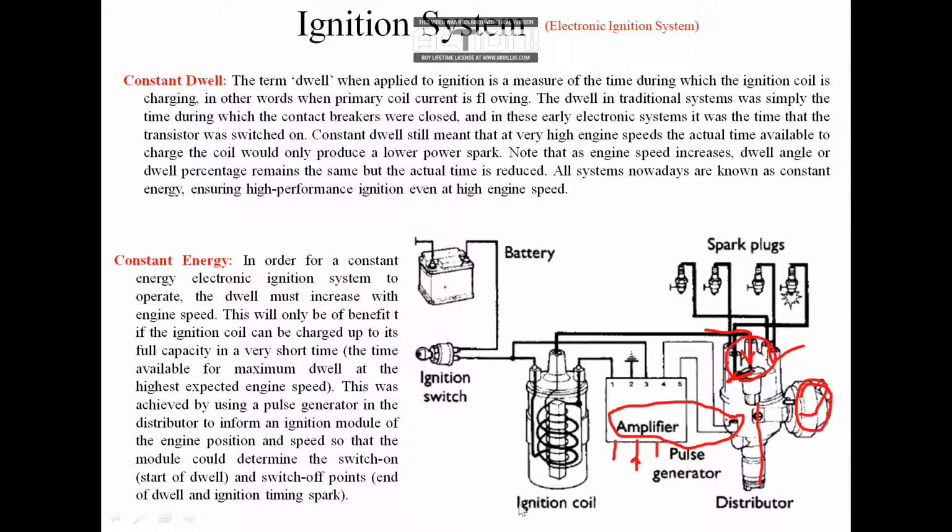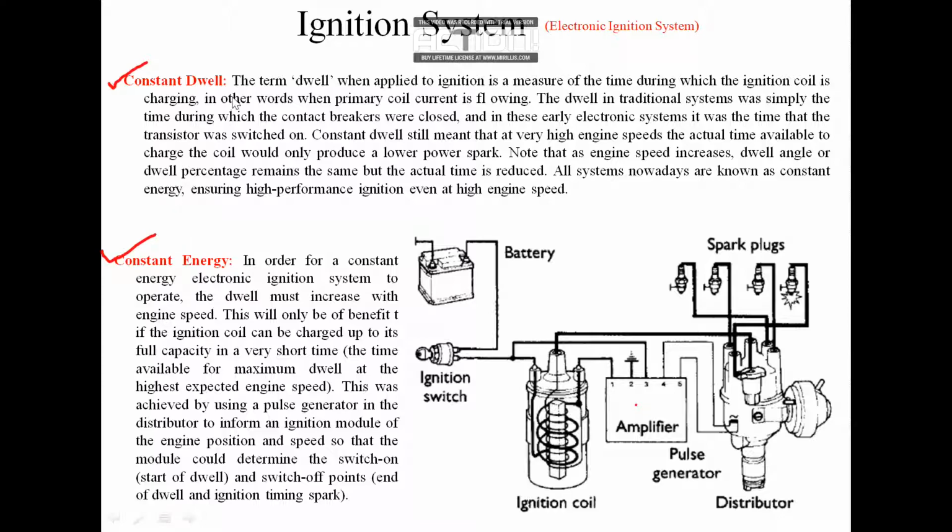So in that way, think of it as a step-up of the battery voltage, and the triggering takes place as we did in the previous case. The only difference is that the processing, or trigger point calculation, is done in the ECU. Now there are two things we have to focus on in the case of the electronic ignition system. One is constant delay and another is constant energy.